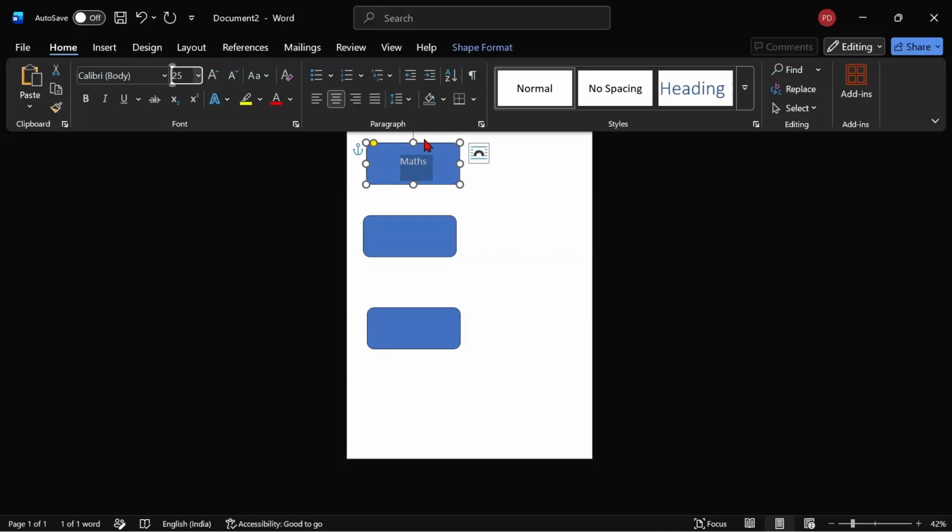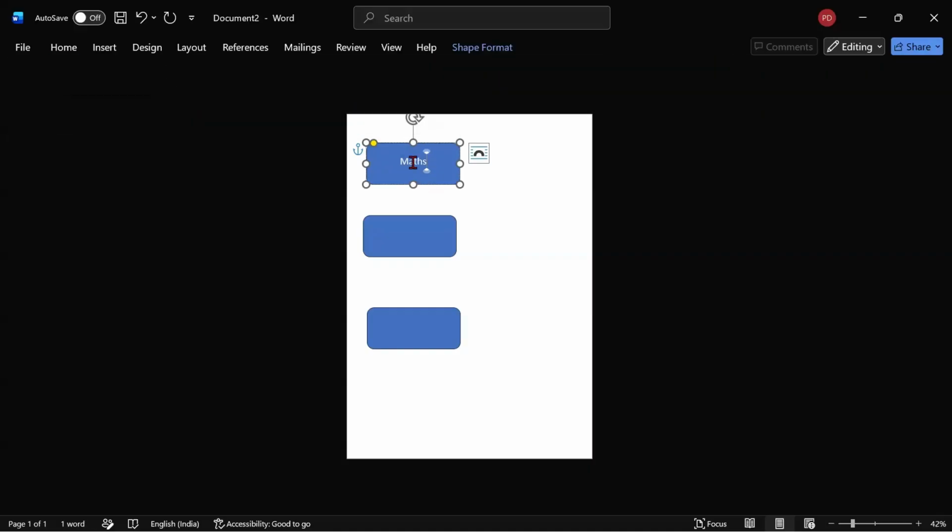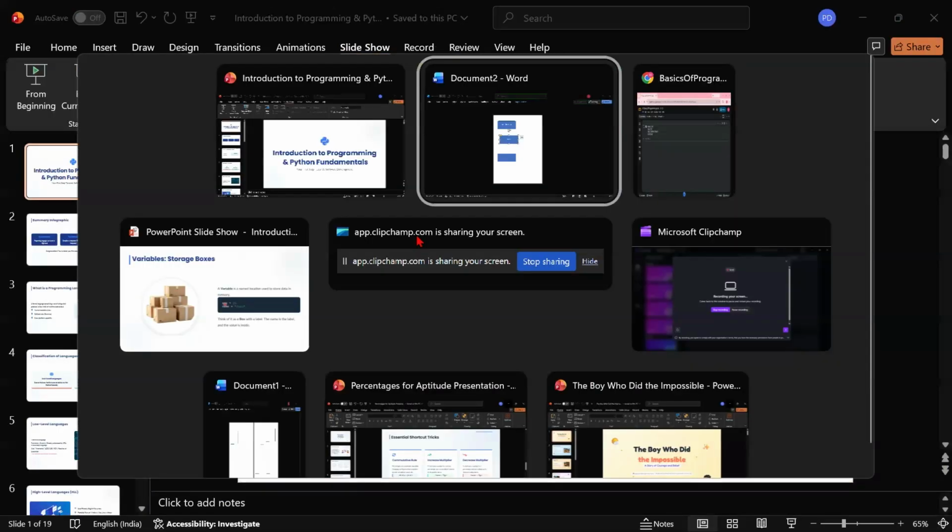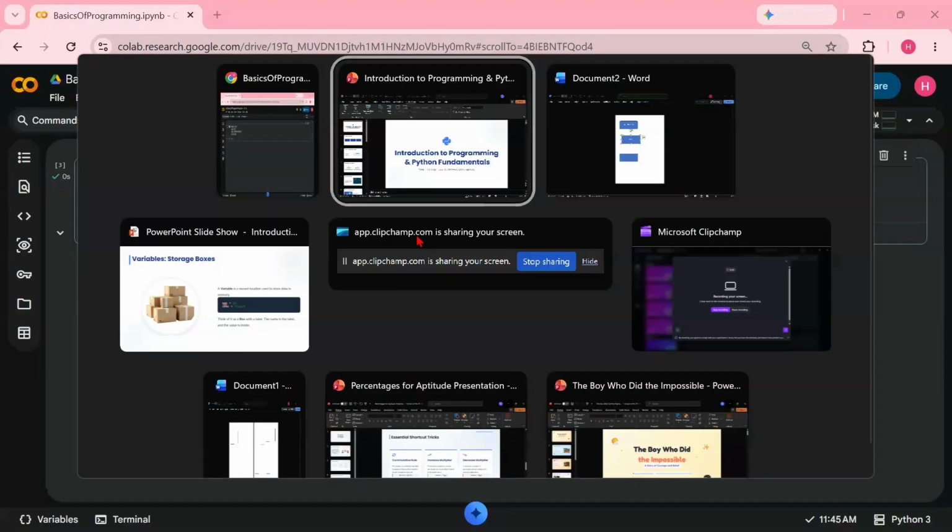In the maths variable, I have stored the value of 90, and these are some memory cells you can consider. Then here it will be English, which has a value of 85,